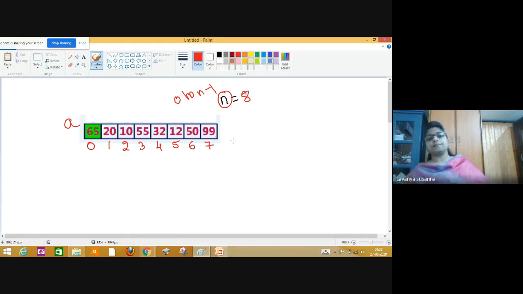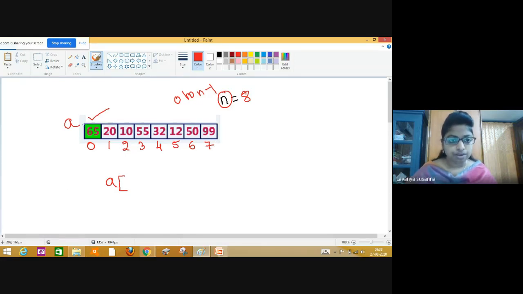Okay, remember that. Now, you need to access element 65. How to access element 65? What is the array name? Just write the array name. Next, the subscript operator. These are the basics. You need to understand the algorithm, so please listen carefully. The index starts from 0 to n minus 1, that is 8 minus 1, 7.